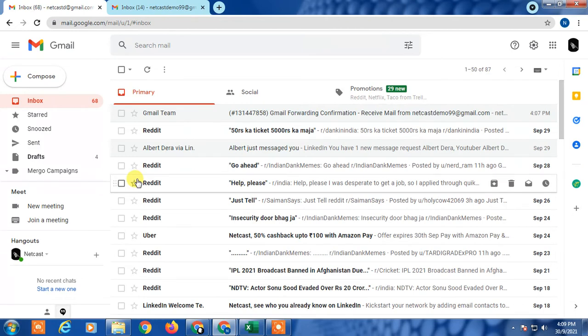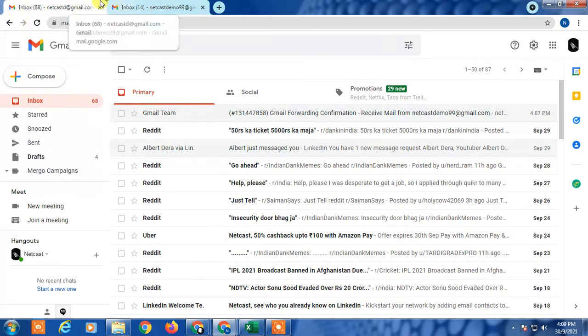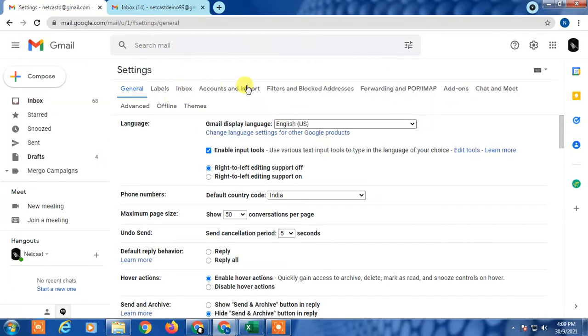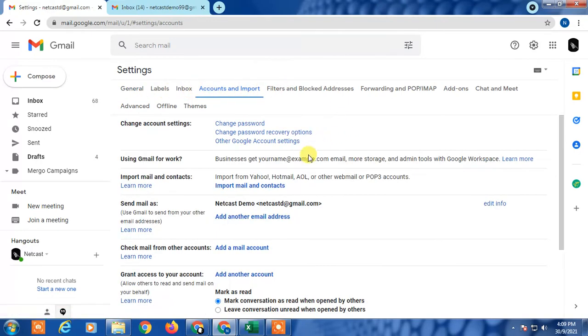If you want to send a reply as the second email, there is a second option I can recommend. Go to your main email ID and go to settings. This time you have to click on the main email ID and go to settings, and go to Accounts and Import, and here is Send mail as.